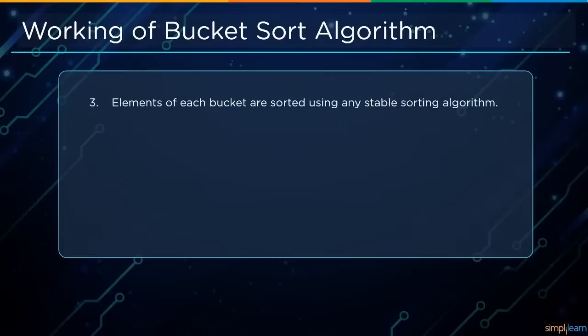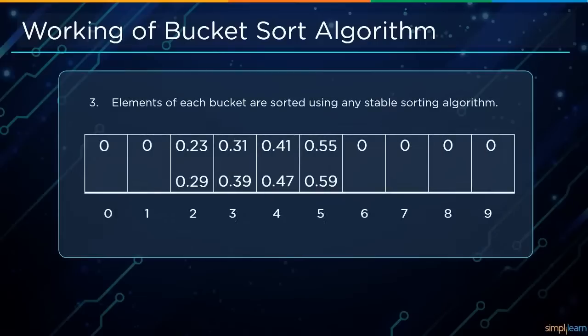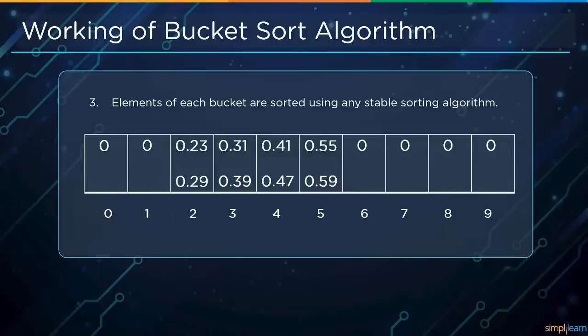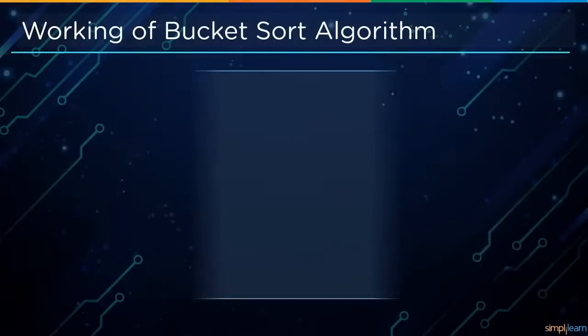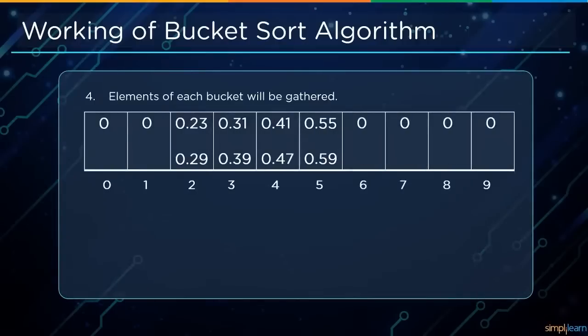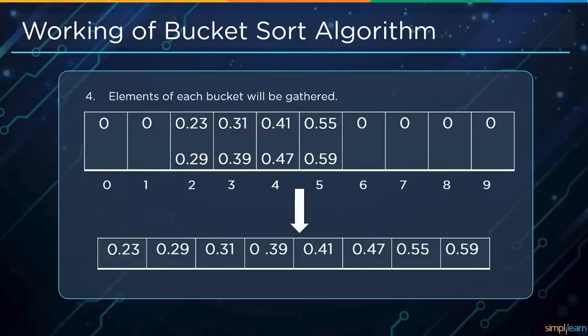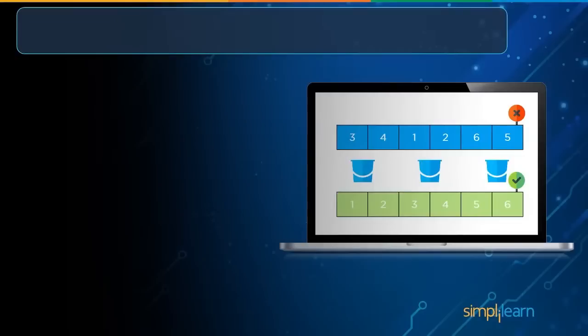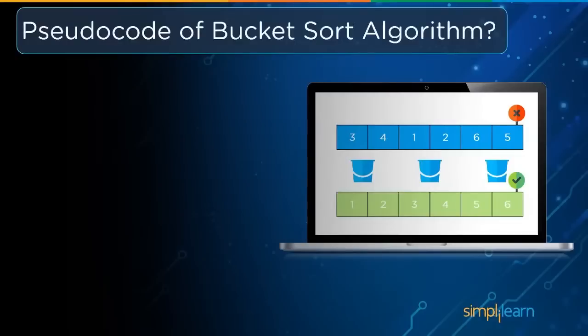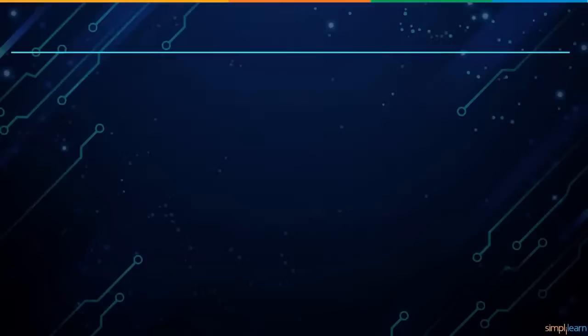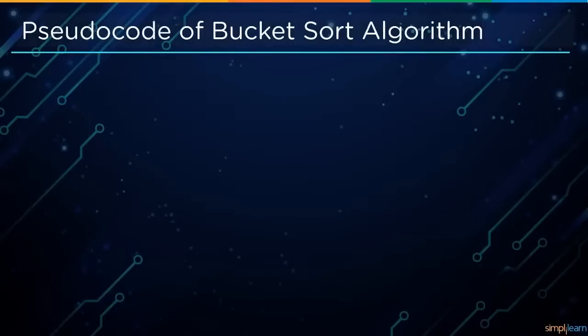Followed by that, we have step 3. Elements of each bucket are sorted using stable sorting algorithms. And finally, step 4. In step 4, all the sorted elements of each bucket will be gathered and represented in the form of an array. As pseudocode is an informal programming description that does not require any strict programming language syntax, similarly, we will